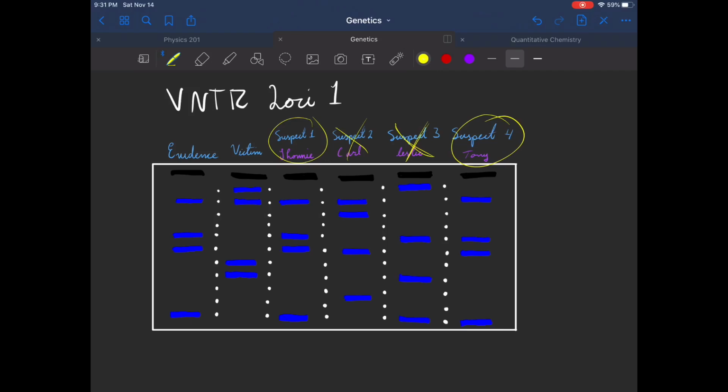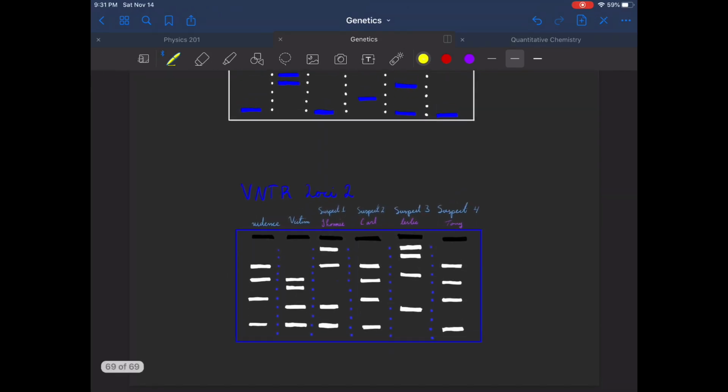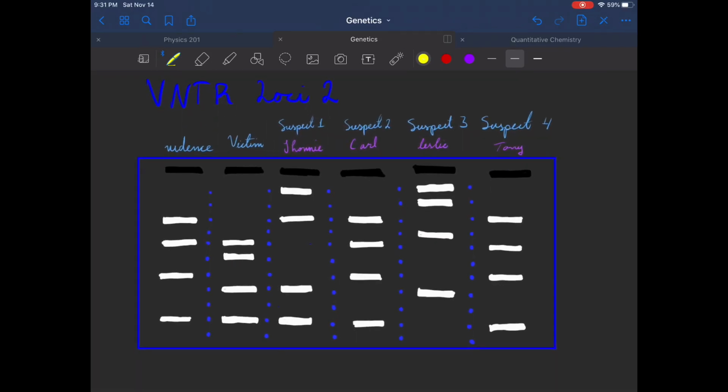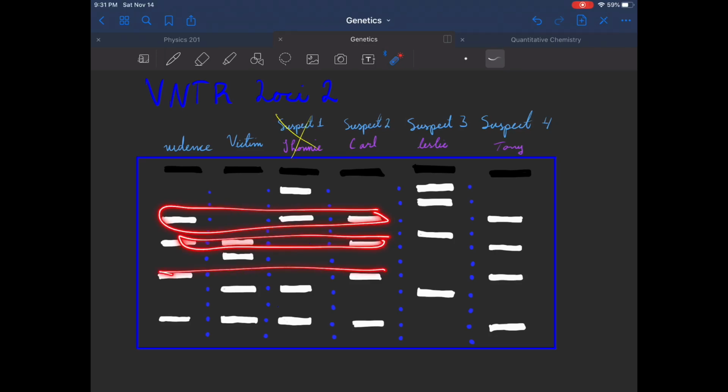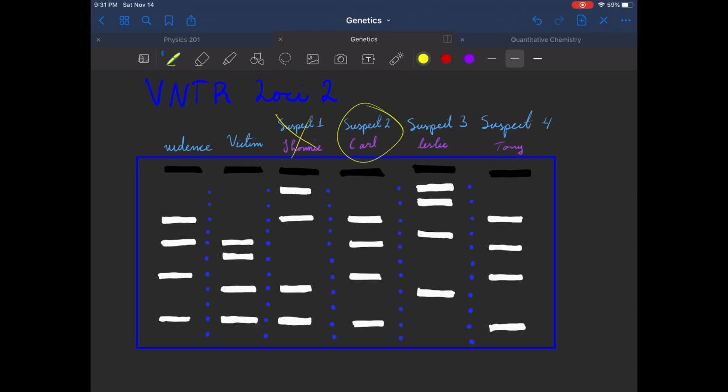So from this same DNA, we look at a second loci and we compare. We have our evidence right here. So Johnny doesn't match on the first one, so we can now rule him out on this loci. Then we look at Carl. He matches on the first one, the second one, the third one, and the fourth one. So he cannot be ruled out for this specific loci, but he's been already ruled out in our other